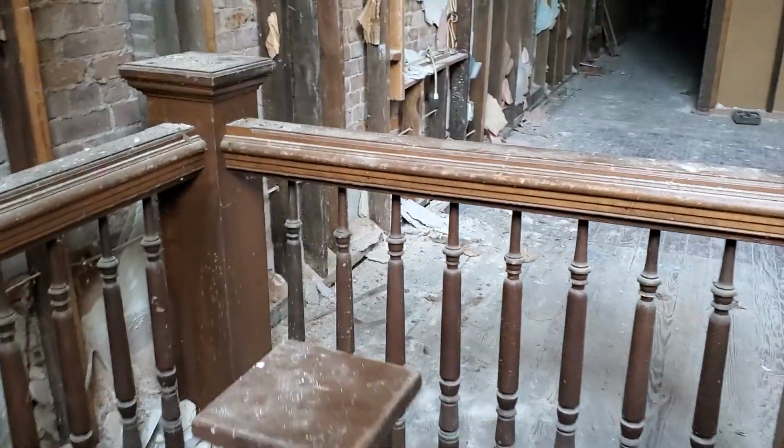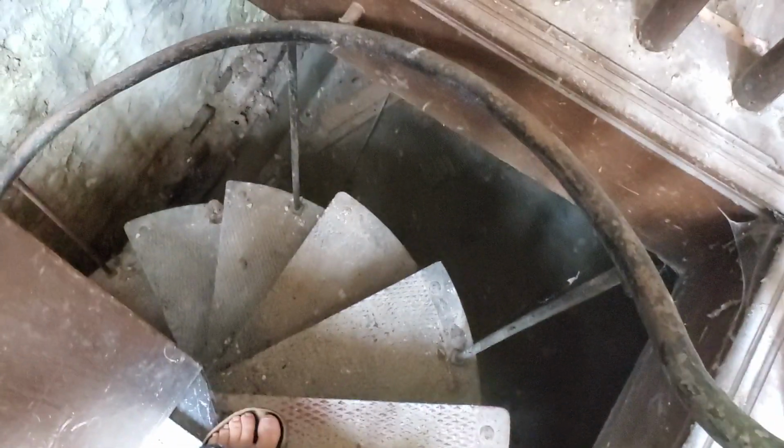All right, now we're gonna go down this really scary and really dirty, really spiderwebby spiral staircase down to the basement, so that I'm trying to record this and not fall and not hit my head and not get eaten by a